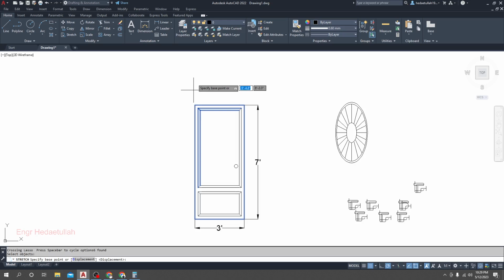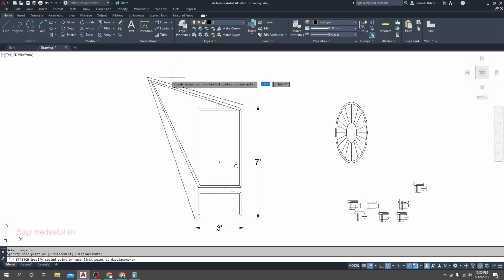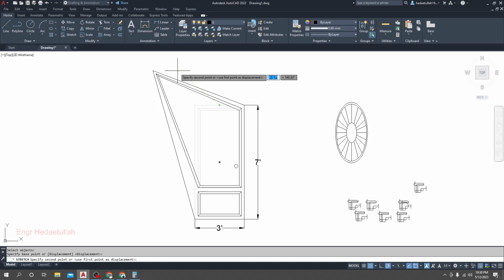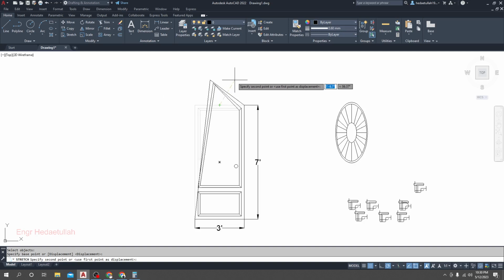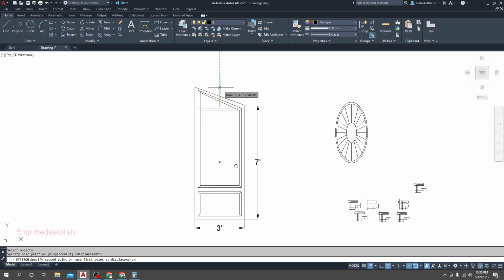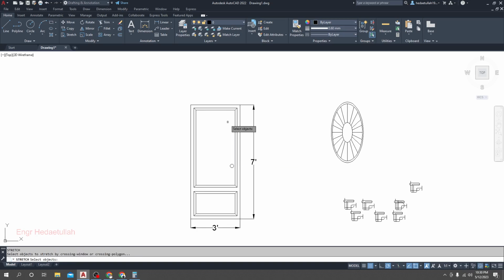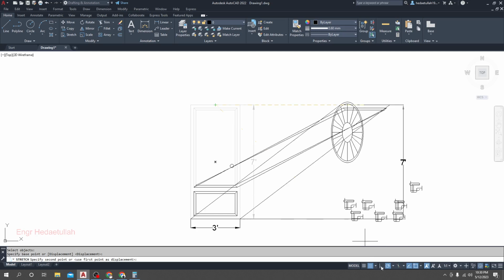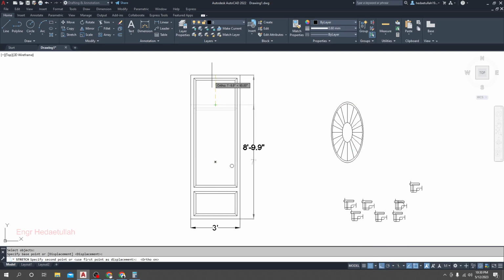If I press enter and go in that direction, just see where it's stretching from, where we have cut. Now again I'll go for stretch, S, then I'll select here. Now I have cut here and here, and if I press enter and click here, and press ortho, just see, if I now move our mouse in the y direction,